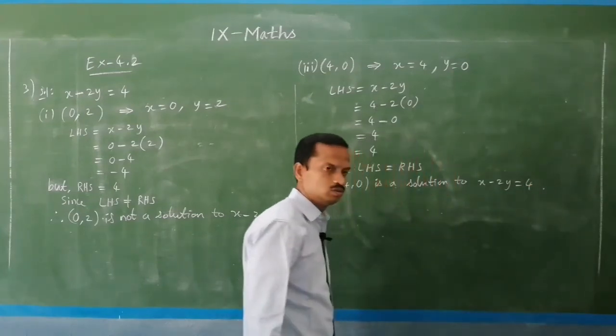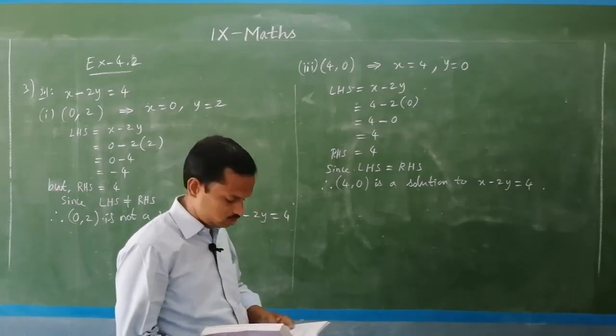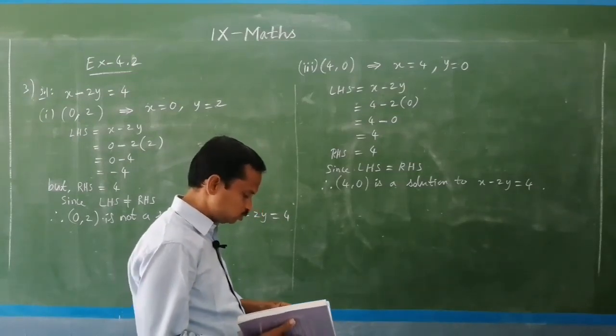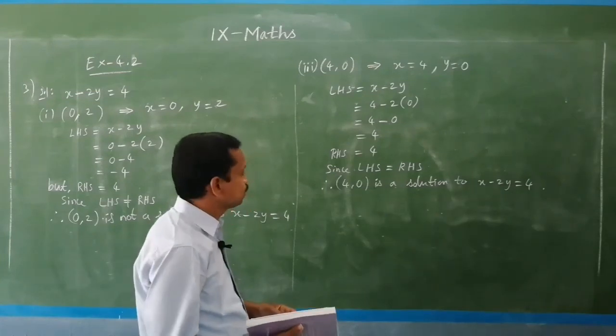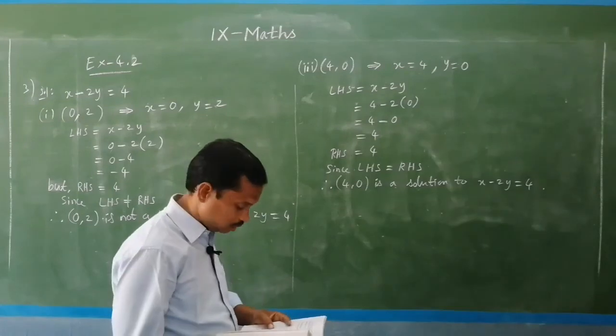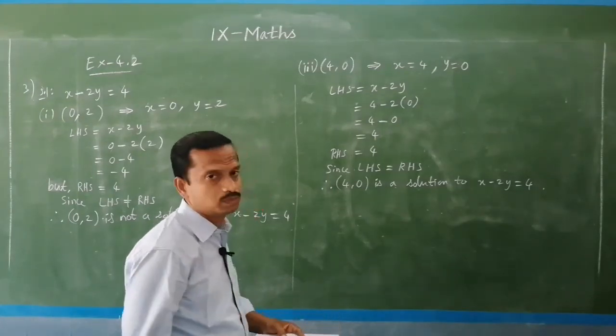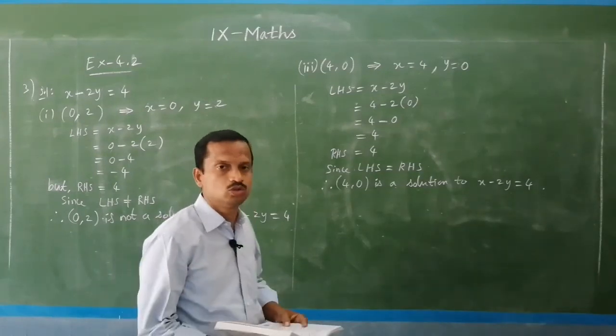So, like that you have to proceed. And one more sum, option 4, simply root 2 is there. So, instead of x you substitute root 2, and instead of y you substitute 4 root 2, and you get some other answer. That also is not a solution. So, the only solution is option 3. Other 4 options are not a solution of this equation.